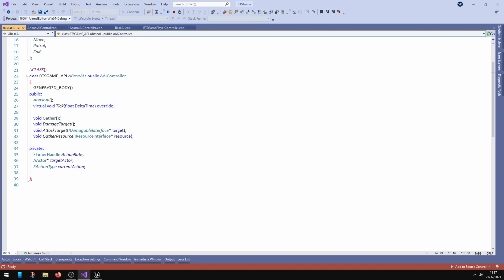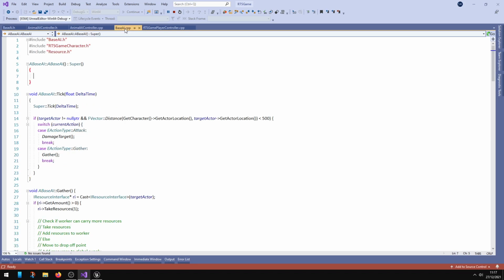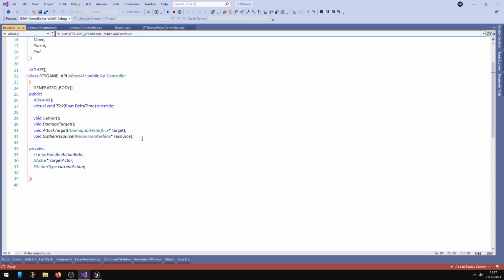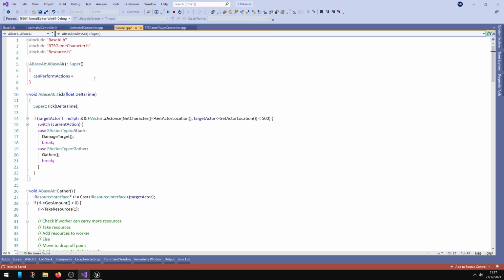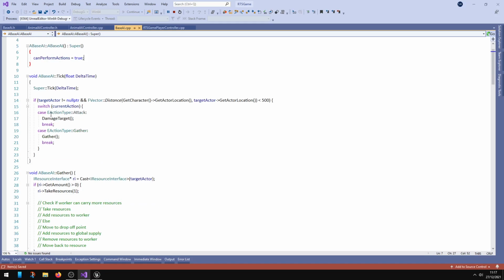So we do need to slow down the rate at which they do things, and in order to do so, we want a private method in here, which is can perform actions, and we want a boolean. There we go. So this will default to true, and then we simply in tick check if can perform actions,